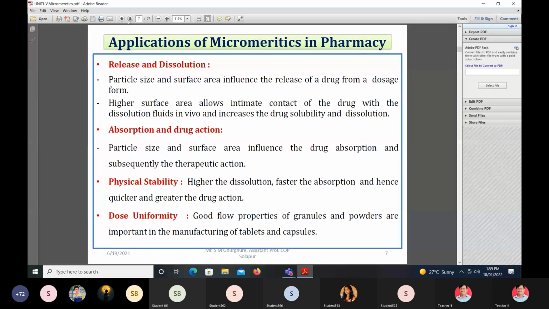In case of absorption of the drug molecule, absorption means, as we already know, the rate and extent of the amount of drug which reaches the systemic circulation is called drug absorption. Particle size and surface area influence the drug absorption,